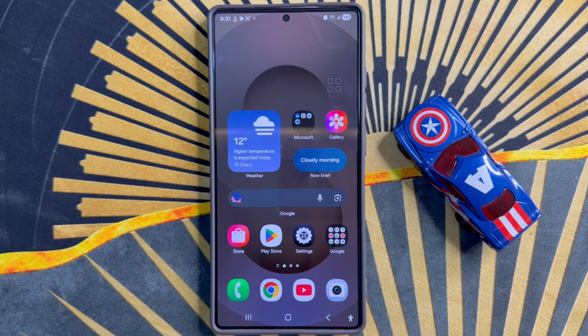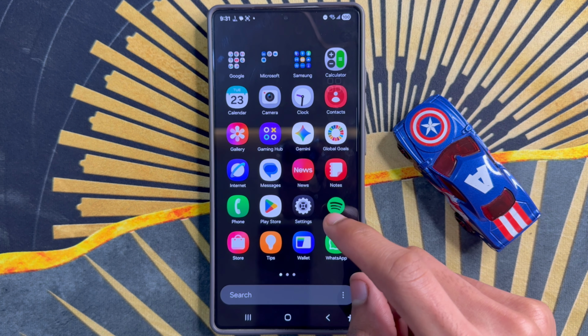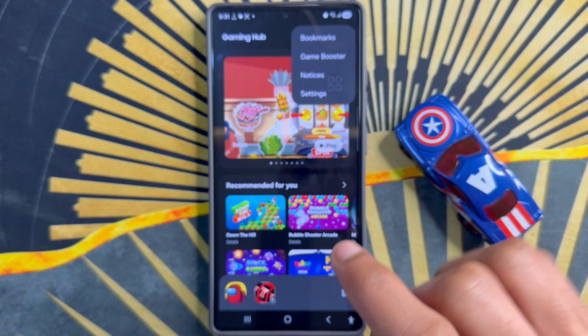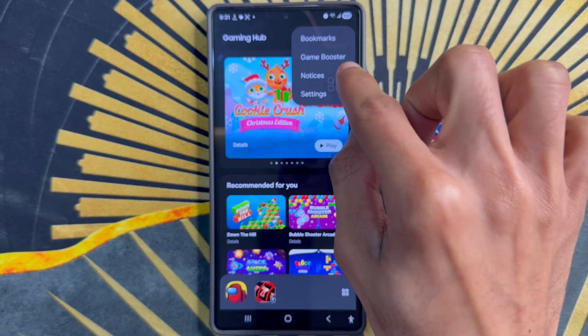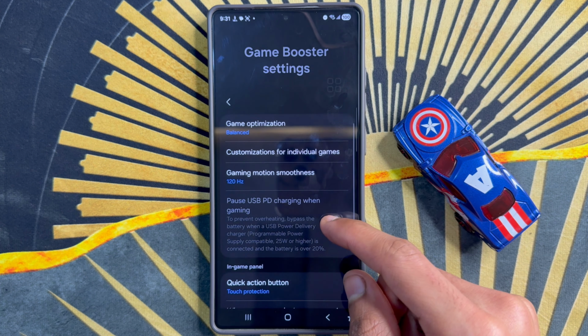First of all, go to app library. Now here, click on the Gaming Hub app. Now here, click on this three dot icon and click on Game Booster. After clicking on Game Booster settings, scroll down